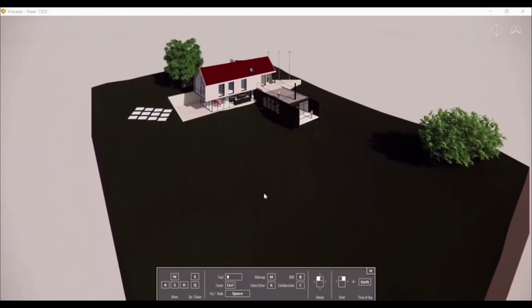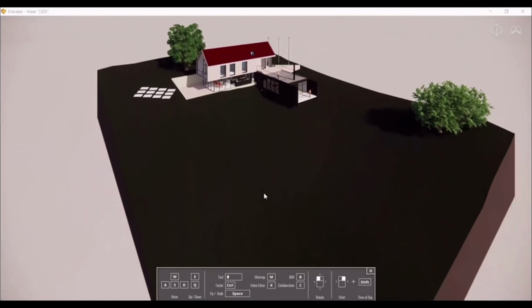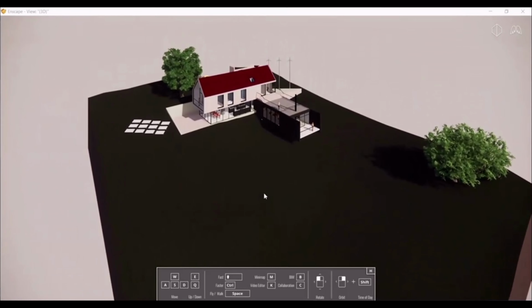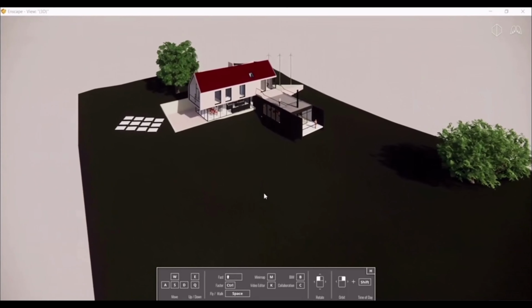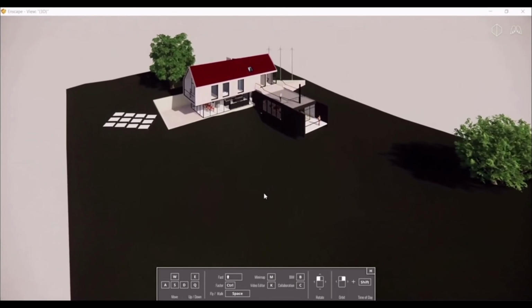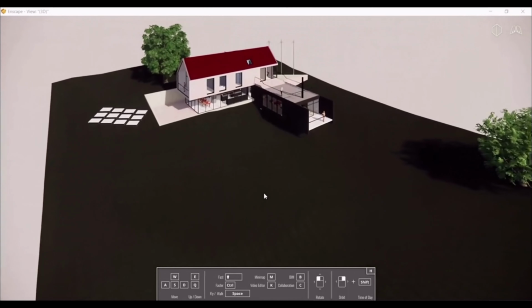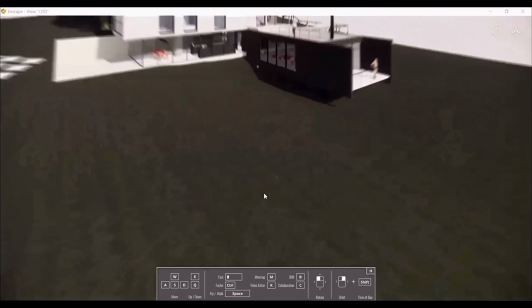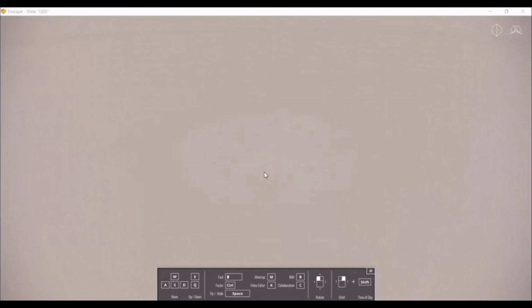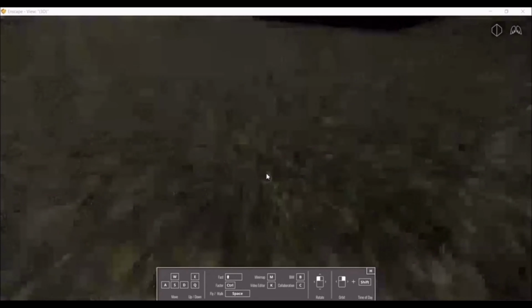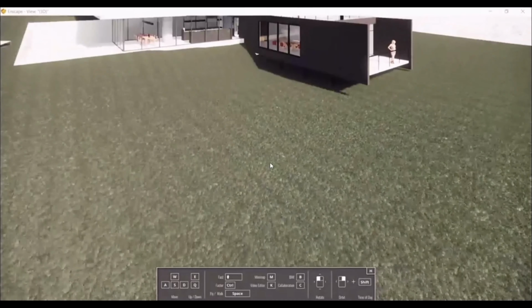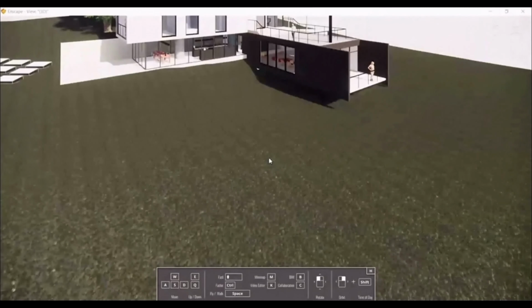So you are moving forward with W, and if you press the up arrow, you will move fast. And if you hold Control with W and the up arrow, then you will move faster.